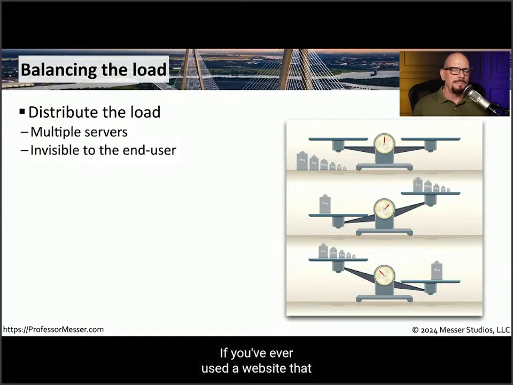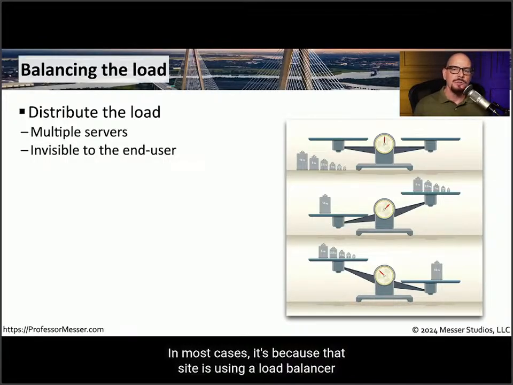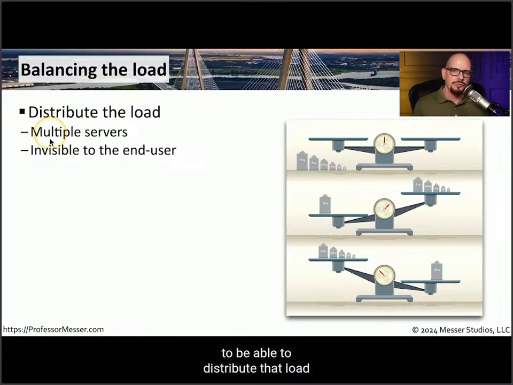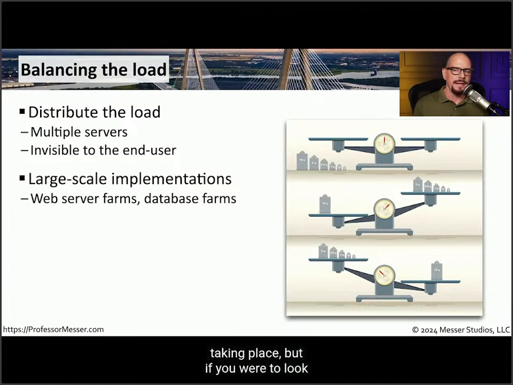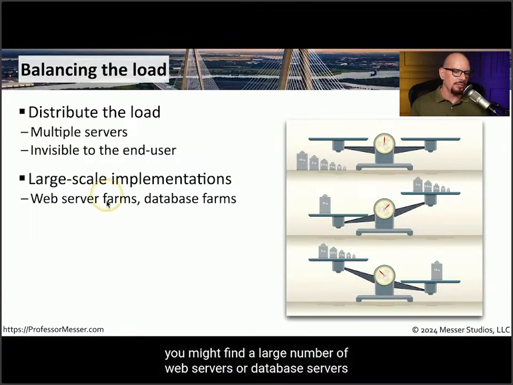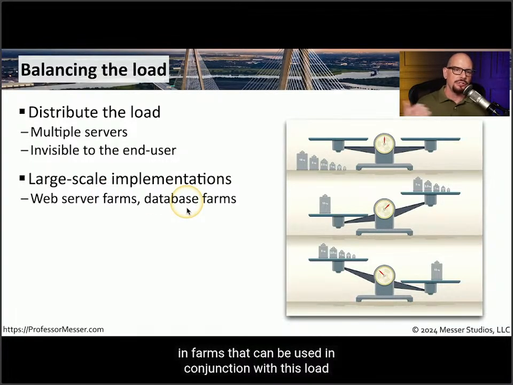If you've ever used a website that may be accessed by millions of people every day, you may be wondering how that site is able to remain up and running without any type of downtime. In most cases, it's because that site is using a load balancer to distribute that load across multiple physical servers. As the end user, you may have no idea that this load balancing is taking place, but if you were to look at the data center for this organization, you might find a large number of web servers or database servers in farms that can be used in conjunction with this load balancer to maintain uptime and